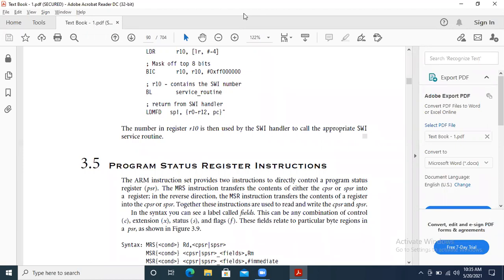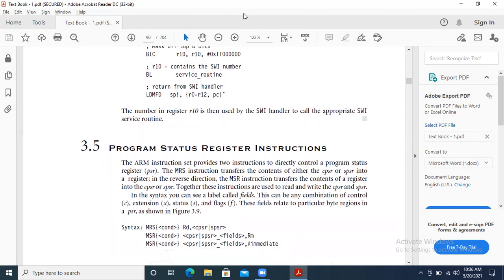It is same as the CPSR only. There we use that for the current execution, and here it is called a program status register instruction. There we take only one instruction, here we take multiple instructions, because as we know a program is a bundle of multiple instructions. So it works the same as a CPSR.